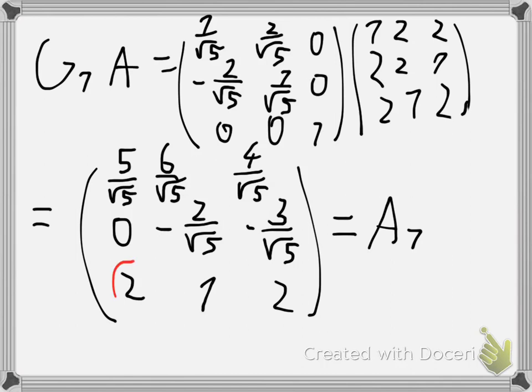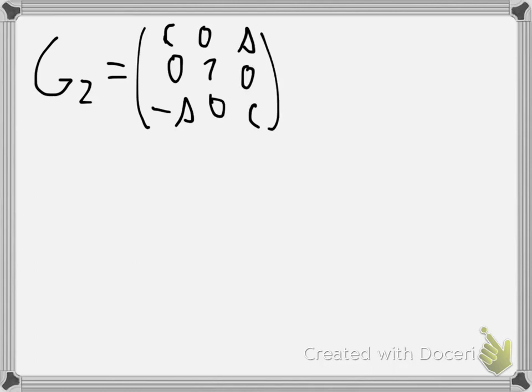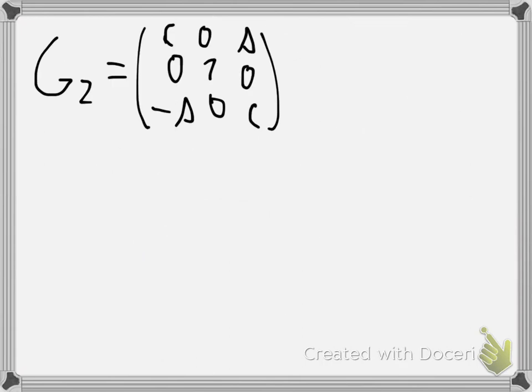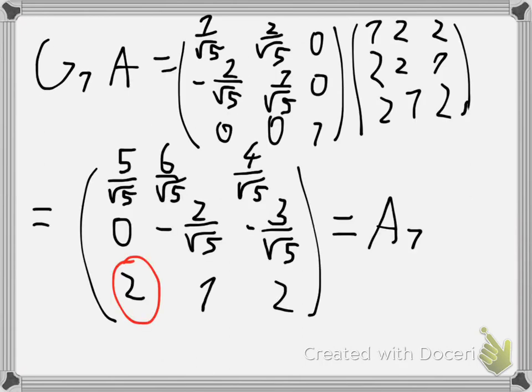We want to eliminate this element here, so our Givens rotation J2 will be given by the negative sine will be here. The two cosines need to be on the diagonal, and the two cosines, the negative sine and the sine, need to form a square, okay? And so our cosine will be given by the top element